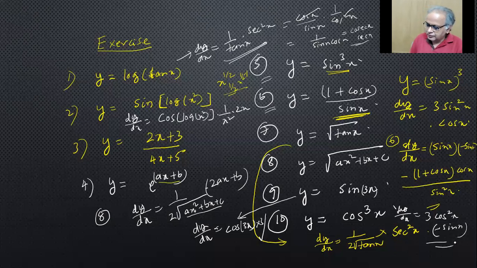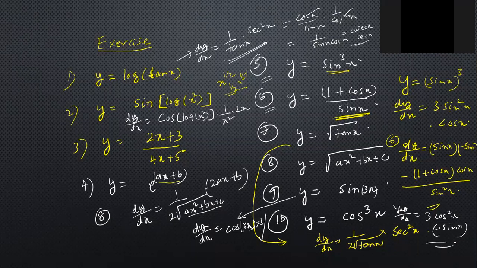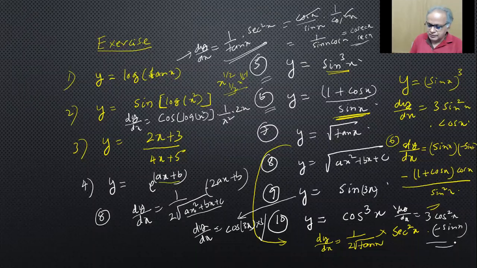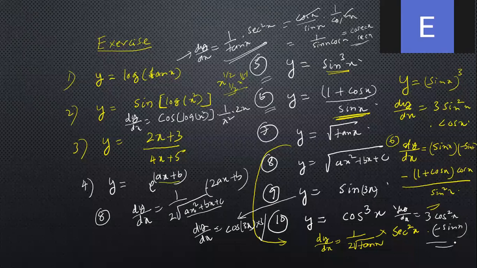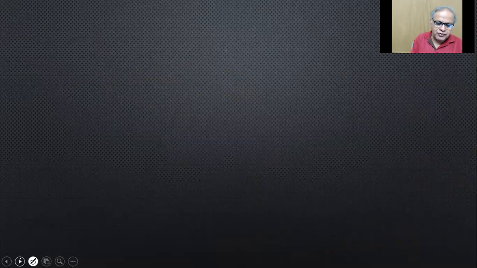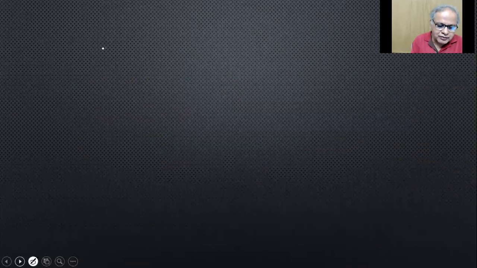So can I continue? I'll give another set of questions, but I'll make it a little more difficult. Now a combination of what all we learned, because we are almost finished with the techniques of differentiation. One or two more I'll add. Later we'll go to maxima minima. But now I'll give a few more things here for exercise once again. Once you finish one, I'll give another one.